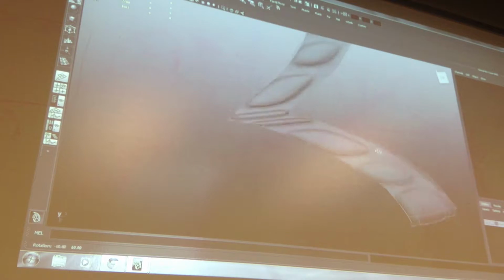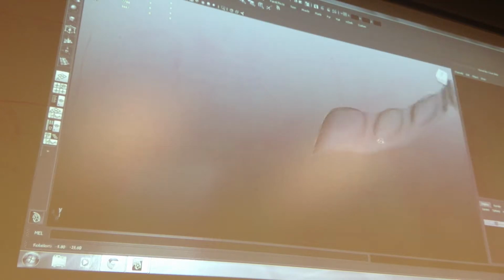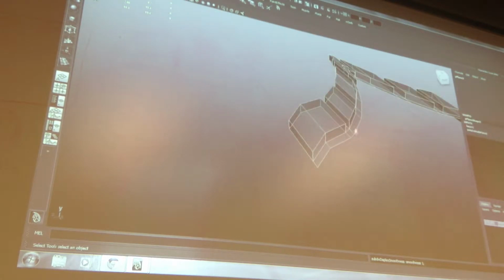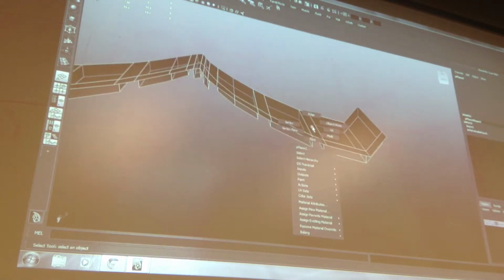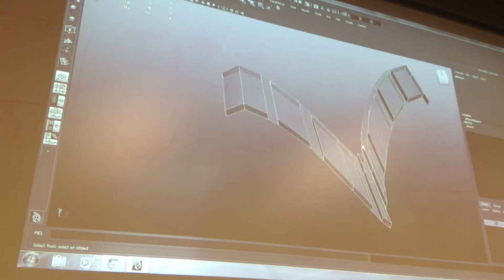Now, if you go and hit 3, you can see this doesn't look very tread-like. It's not really holding its form at all. So I need to make sure that we're good. Okay. So we need to add some